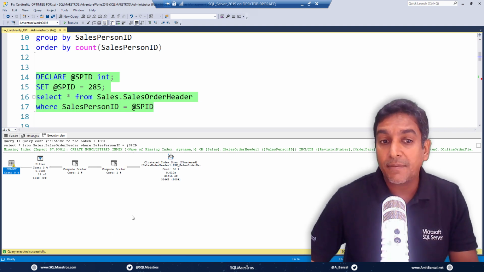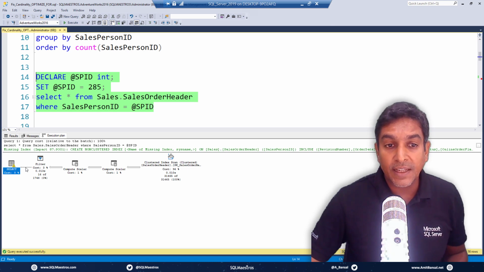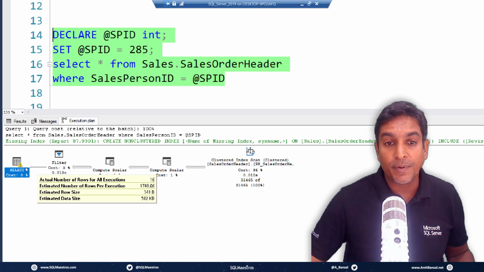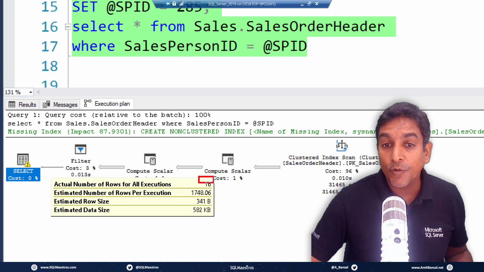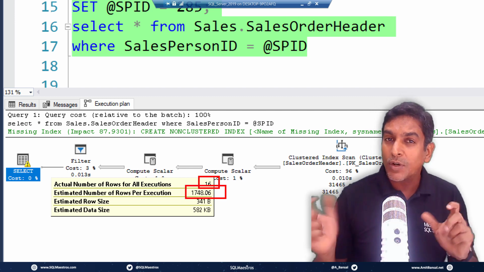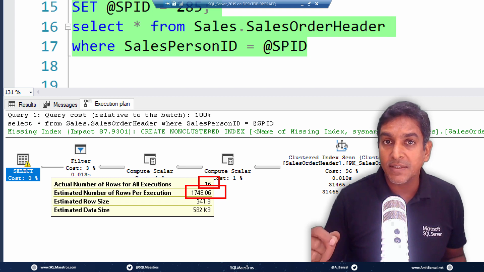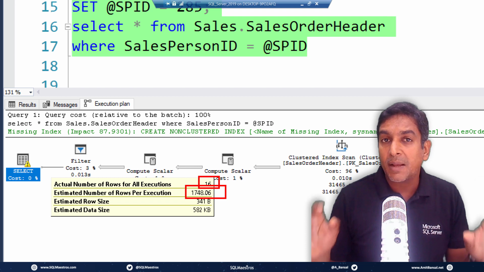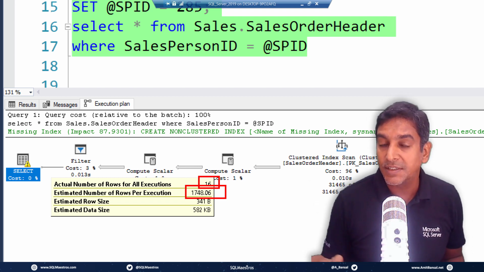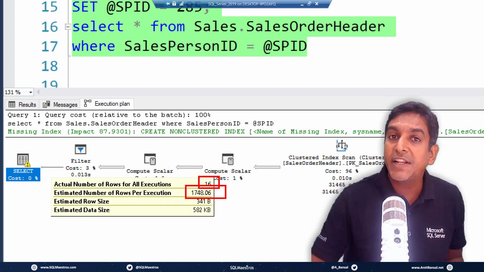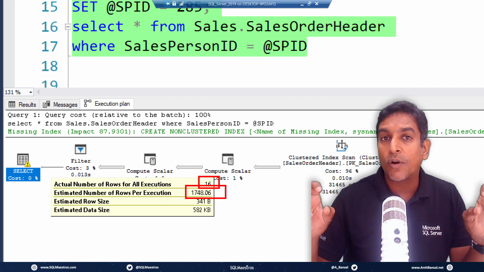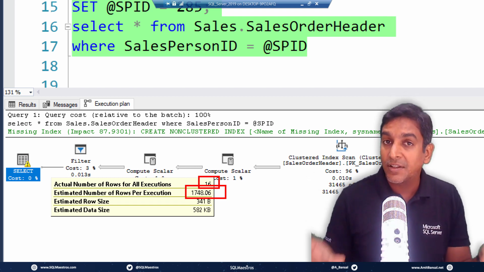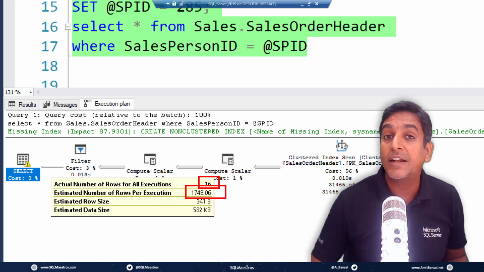You see a scan plan. And if you take the cursor over the arrow here between the select and the filter operator, you can see actual number of rows is 16. But here goes the tricky part. The estimated number of rows is 1748. What's happening behind the scene is the optimizer, while compiling and optimizing the plan, makes an estimate that about 1700 rows are going to be returned, but in actual only 16 rows are returned. This is what we call the cardinality estimation, and this is where the error is, the cardinality estimation error,